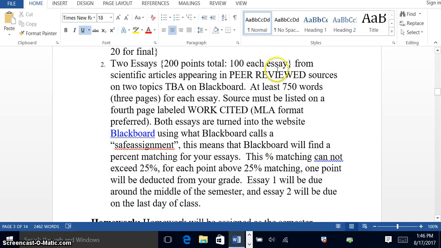So the 2 essays. Here's a couple of things that are important about them. Make sure that you have a works cited page at the end. You just need at least one reference or one works cited. And you have to make sure that it's 750 words, the essay itself, and